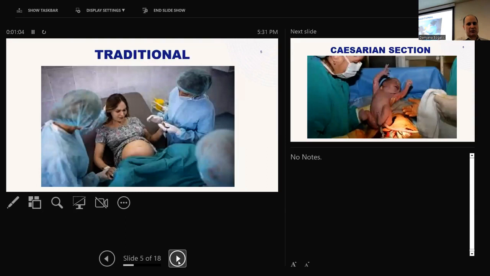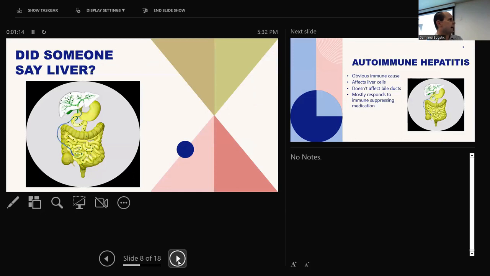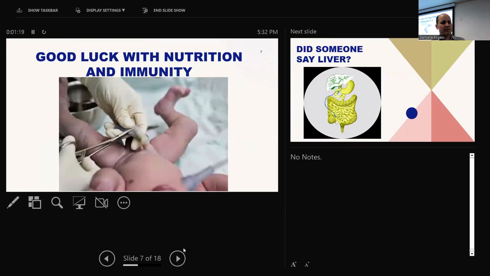And then it becomes time to enter the world. I've used a bit of discretion here by the traditional method, or perhaps via the sunroof. And then you get to this point where the umbilical cord is clamped. And so it's really a case of saying, well, good luck with your immune system, by the way. You're now exposed to the world and all the bugs in there, and you have to decide what's good and what's bad. And also, by the way, you need to get all of your nutrition by mouth.